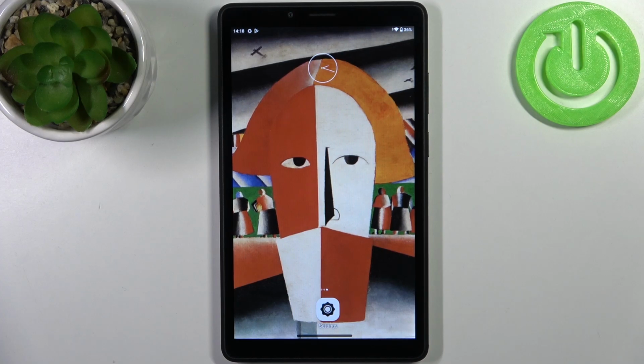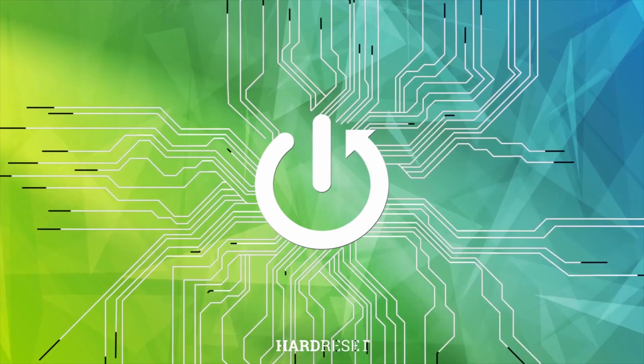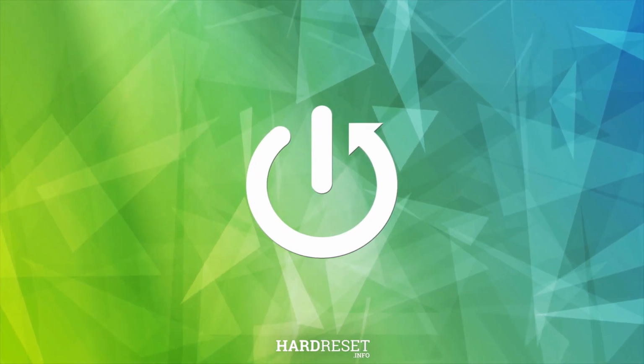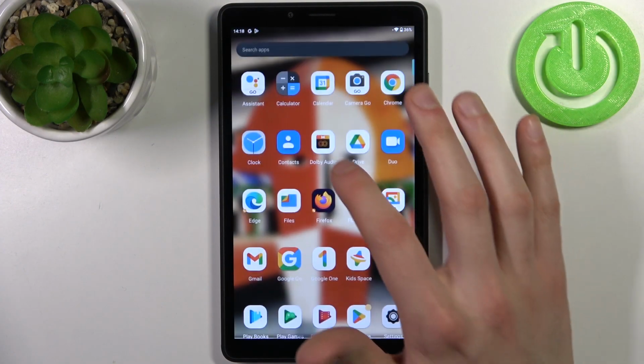Here I have LENOVO Tab M7, and today I'm going to show you how to add photo to contact on this device. So to do this, firstly you have to go to the contacts list,